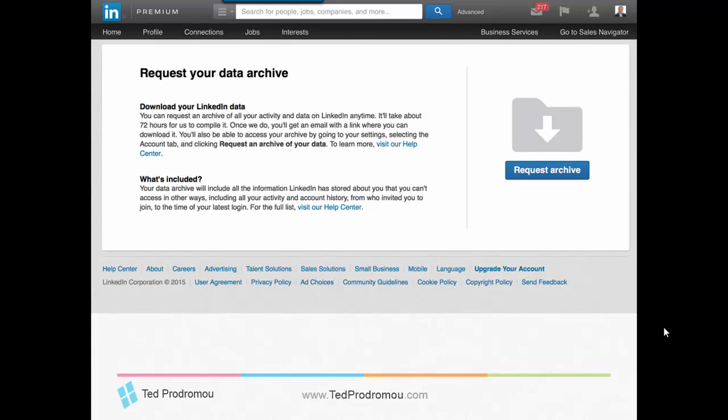This is a really interesting thing they added last year. You can actually download everything you've done on LinkedIn since you joined. And I downloaded it. It's this huge data file, and it shows all the things you posted, all the people you connected to, all kinds of information. One good thing it did, it had email addresses of everybody I connected with, which is pretty good if you want to start emailing them.